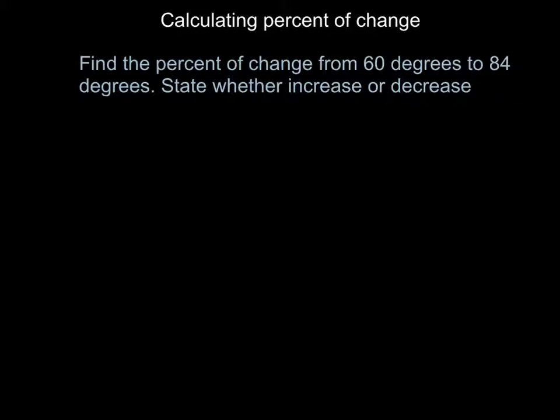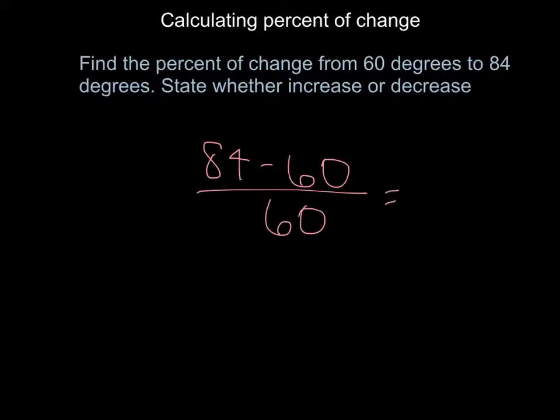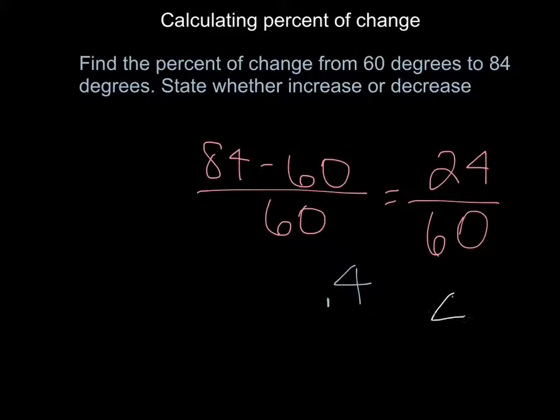Find the percent of change from 60 degrees to 84 degrees. State whether it's increase or decrease. So to find the percent of change, we want to find the difference between the two numbers. So we say 84 minus 60 over 60. So that is 24 over 60. So if you turn that into a decimal, you get 0.4, and then you turn that into a percent, which is 40%,